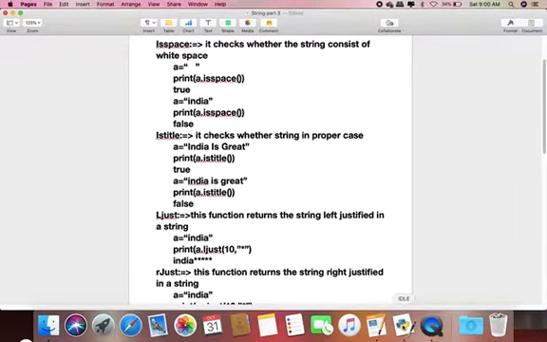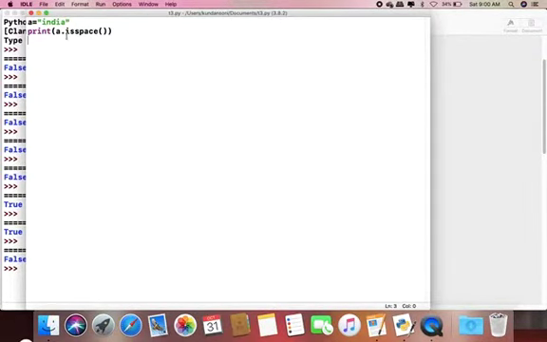So we can use this. If I write here India with uppercase I, and is and great, now I use the function print istitle.